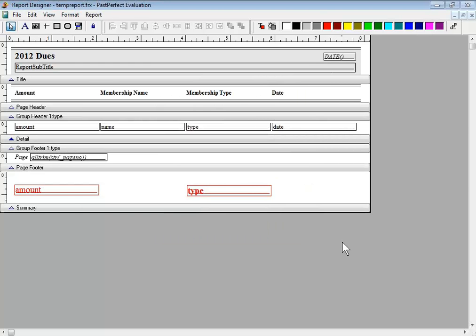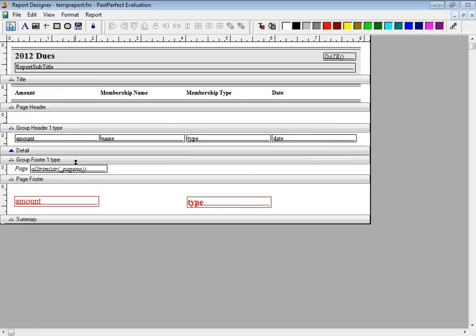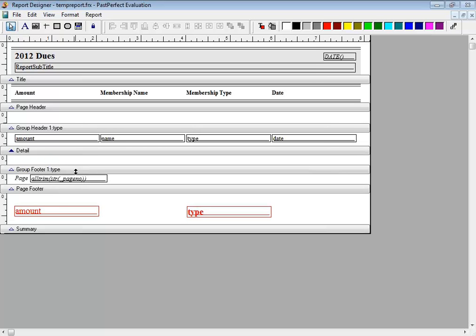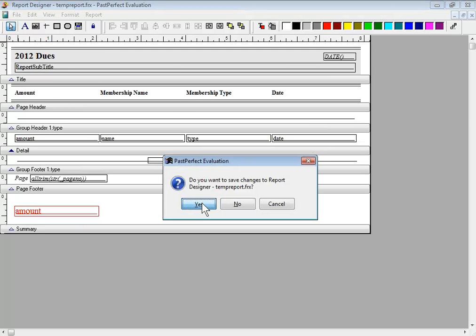And watch what happens. Boop. So now, before where we just had a detail band, we now have a group header and a group footer. I'm going to expand those out a little bit by clicking and dragging. So before this group begins, there'll be a space, and I'm going to draw a line in there. And then after that group, there'll be a space, and I'm going to draw another line in there. And just to make sure you can tell the difference, I'm going to draw a square in the middle of it. All right. I'm going to do File, Close, Save Changes, Yes,